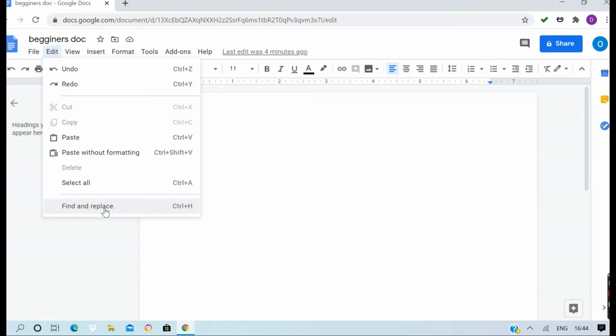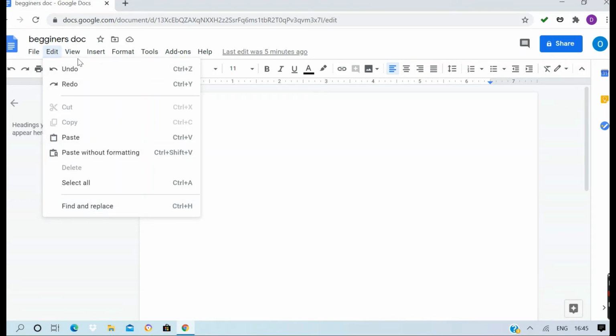When you click find and replace, in the place of education, if you want to replace it with study, or if you want to correct the spelling, just click the find and replace option. In find, you type education, and in replace, the word that you want to replace it with or the correct spelling, and you click OK. Then at every place where that word is there, it is replaced.